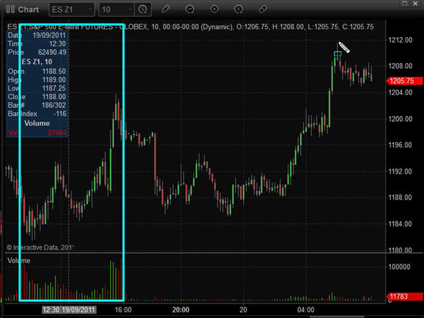The fact that it stretched up and it's got this big topping candle here is kind of showing me a sign that there's going to be some sellers. It's going to be interesting to see how the market plays out today. I've got a feeling we might see lower prices with this big gap up. I think there's going to be an opportunity for people to be shorting. So that's what I'm kind of looking at and looking for today.